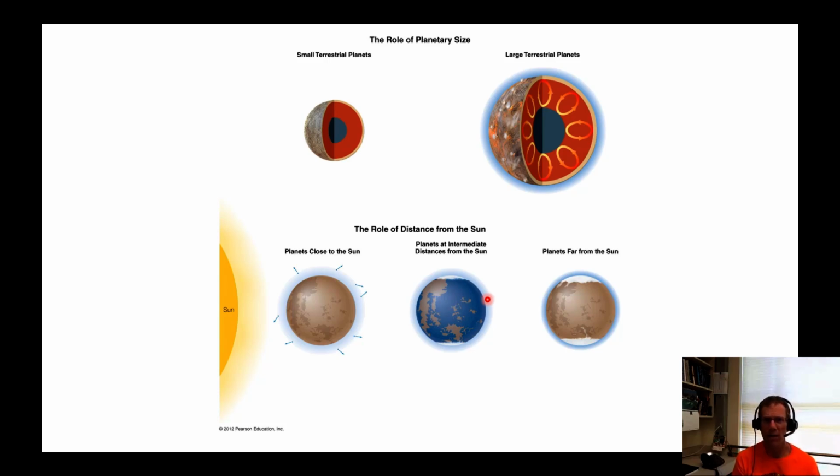As with other things, with planets, size matters. So if we compare a small terrestrial planet with a large one, a small planet is going to cool quicker, just like when you take bread out of the oven and you cut off a piece and, man, it's too hot, so you break it up into smaller pieces. Smaller pieces have a larger surface area to volume ratio, so it cools off quicker. So these planets have cooled, which means the